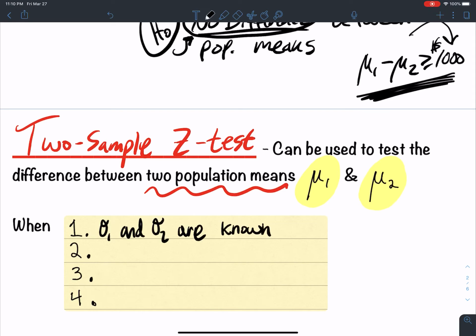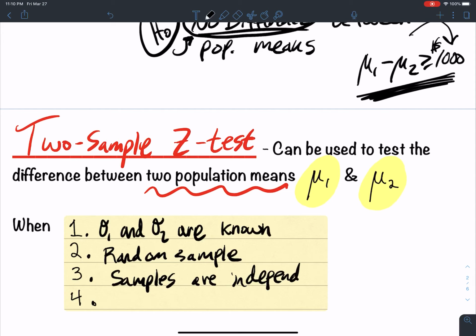Okay, sigma 1 and sigma 2 are known. Number 2, it's a random sample. Number 3, samples are independent. Number 4, the population is normally distributed,